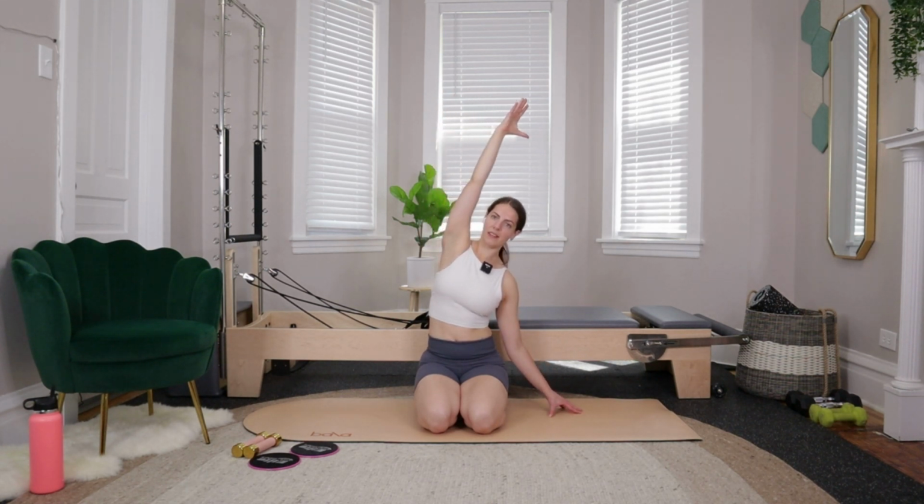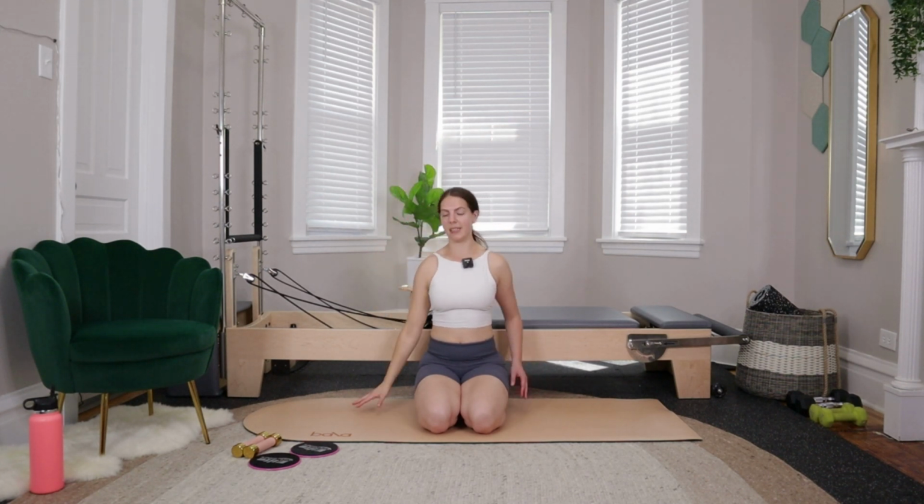Good. Check in with the hips. I want you to be sure you're still evenly pressing into both hips. So you should feel pressure through both heels, or if you're all the way down on the mat, feeling pressure on the mat through both sides. Good. We'll come back through center, take the same thing to the left hand down, reach the right arm up,